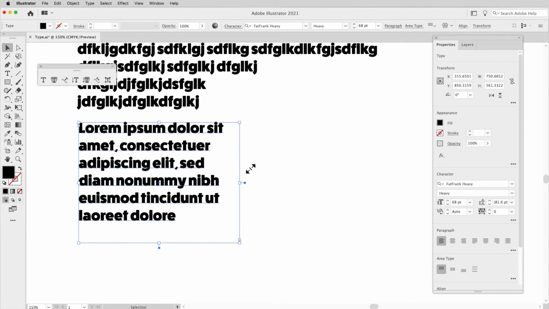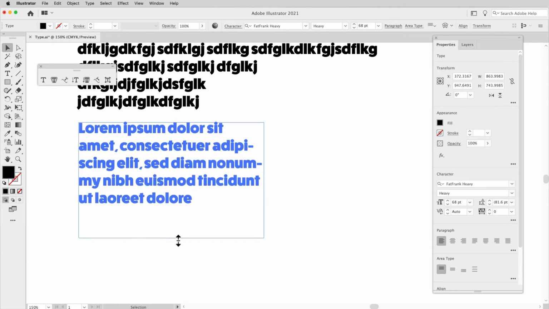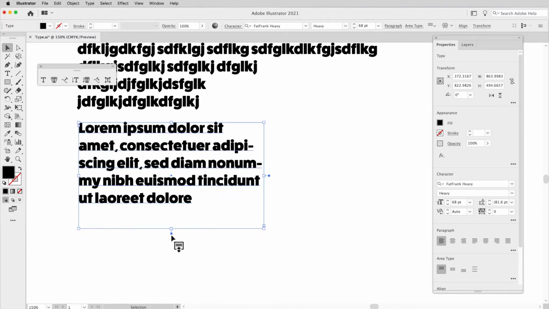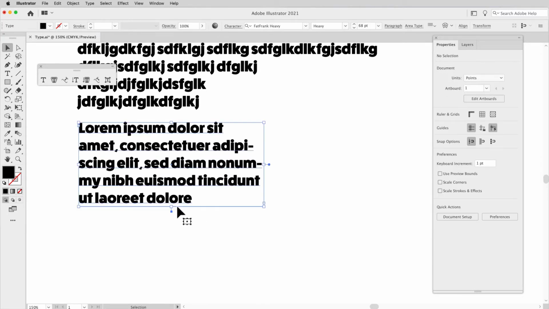Now, one more thing that happens when you have paragraph text. You may have an exceptionally large container with less text in it, so a very large container that's just filled with a lot of space. You can go to the bottom center pull handle and pull up to close that up. But what makes this even nicer and easier is clicking on the window shade, that little pull handle that comes out of the center bottom pull handle. Double click and you're going to window shade it up. If you double click on that and it closes it up, it's going to close it right up to the